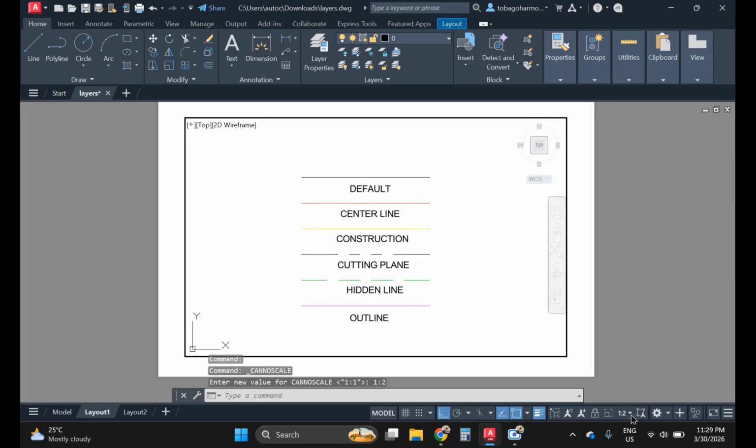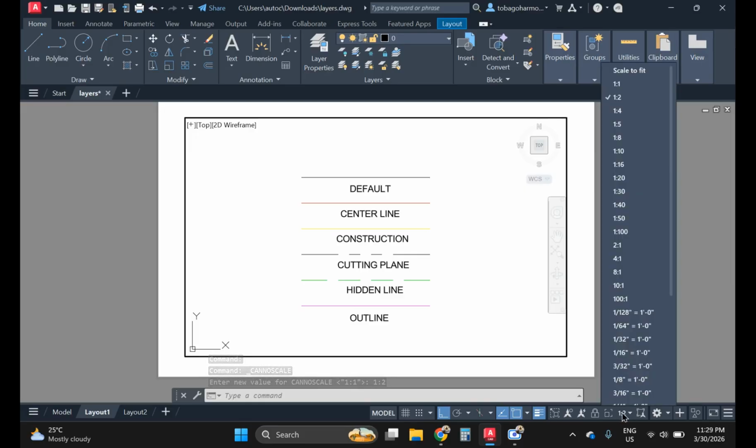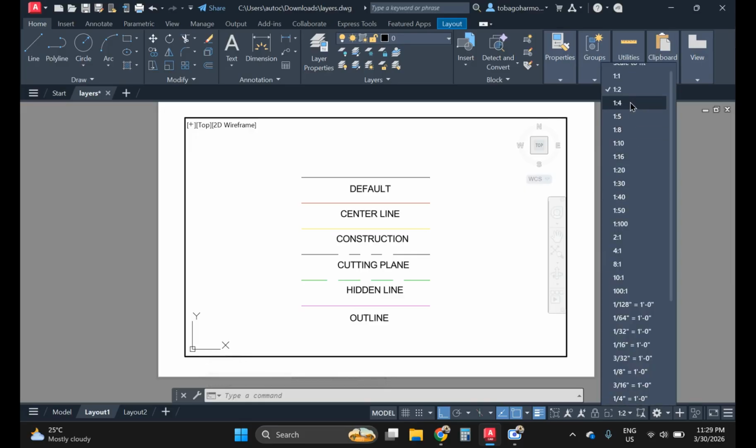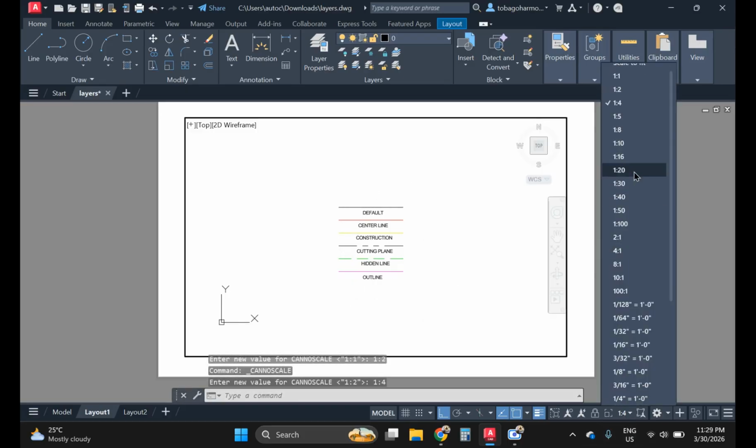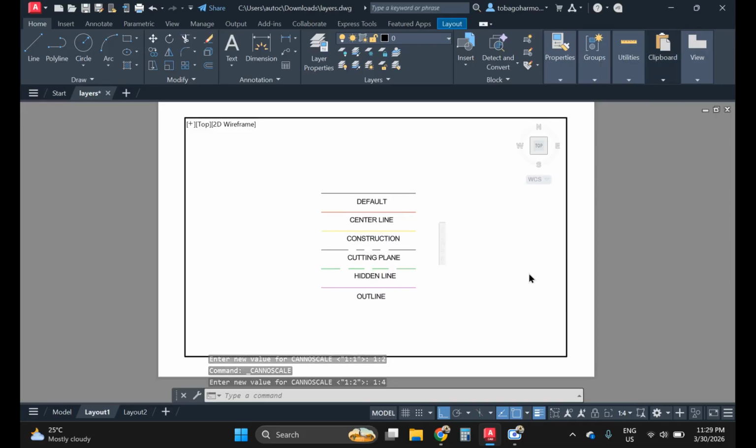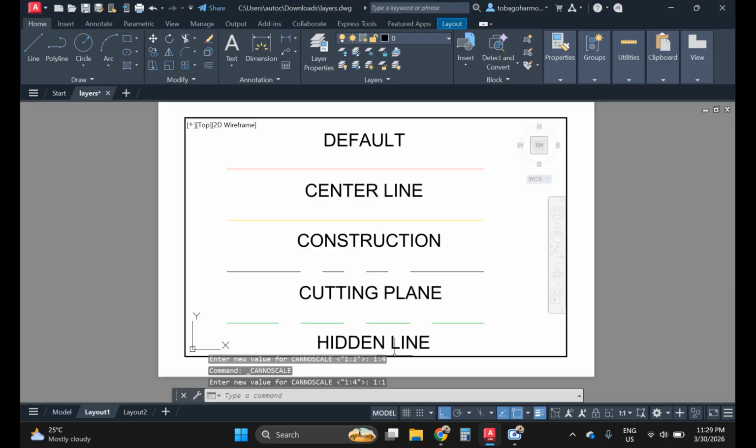So this is what 1 to 2 looks like, and we're most likely going to use that. If I go to 1 to 4, then we're not really making the best use of this space. And if I go to 1 to 1, now it's too large for the space. So let's go back to 1 to 2,